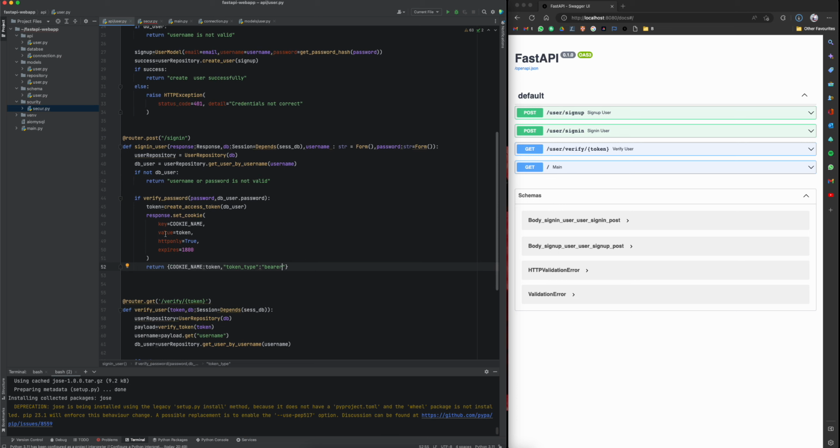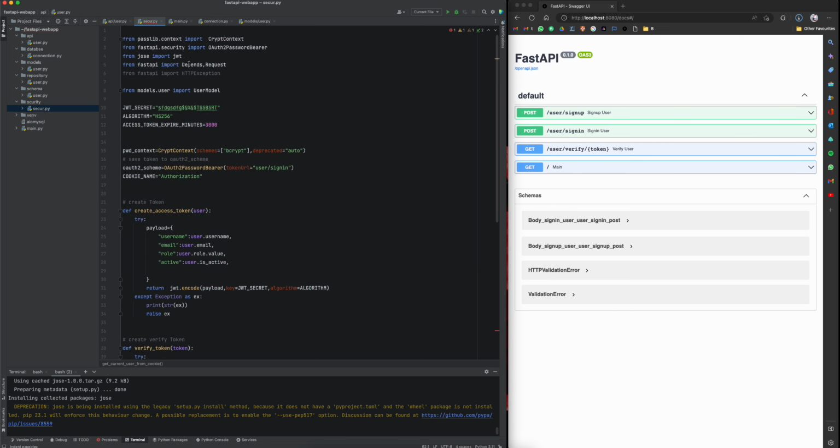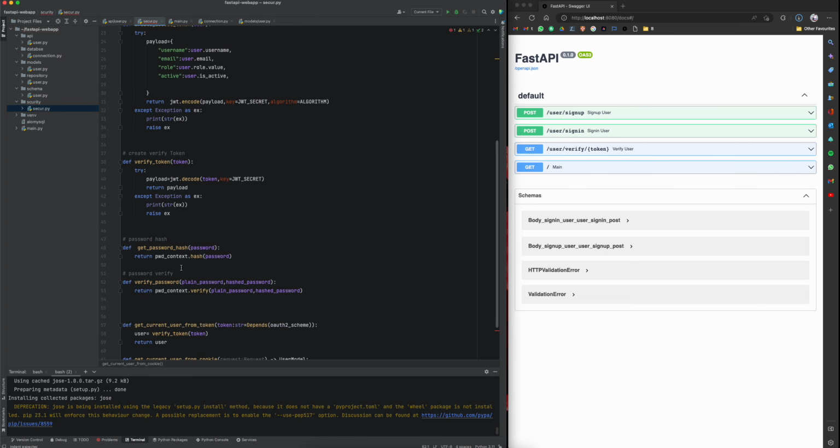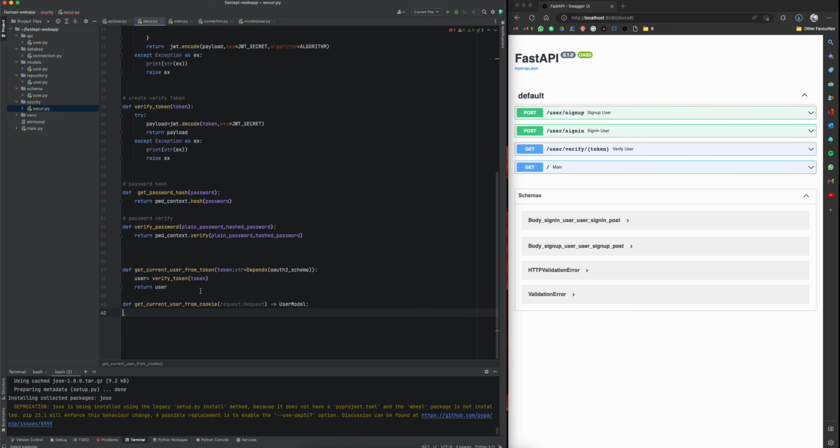Okay, now it's great. We are saving the token in two different ways. First here, to get a user from the token, or to get a user from cookies. And for getting a user from cookies, this time we can say